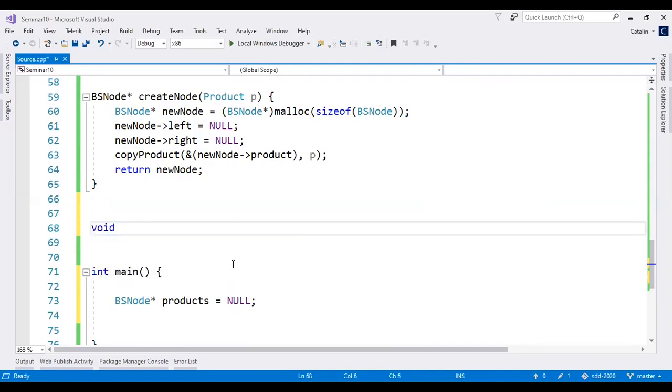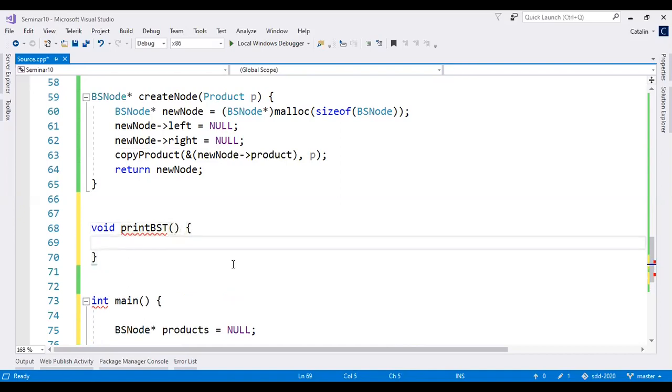So here I need a function that will print products, print binary search tree. Print, yes. Now, when you print a binary search tree, because you have actually 3 ways of going through the tree itself. Okay, so if I switch to